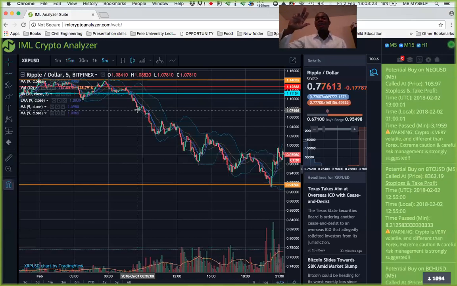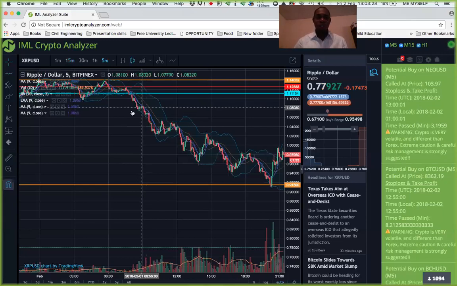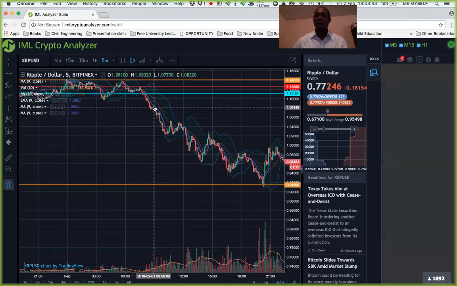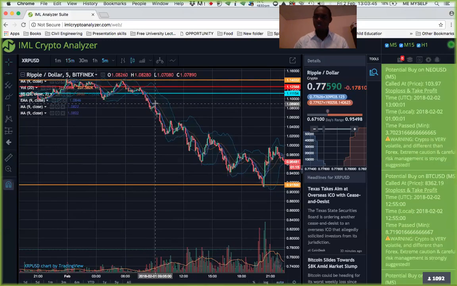Allow that pullback to happen. So you would have probably gotten a buy here, right? Then allow it to happen. 15-minute chart. When your price pulls back and touches that,